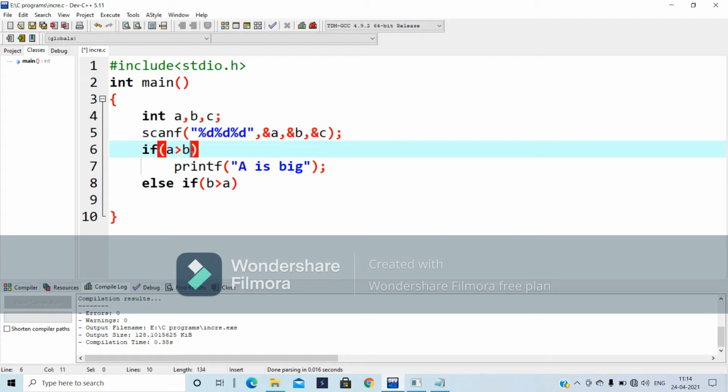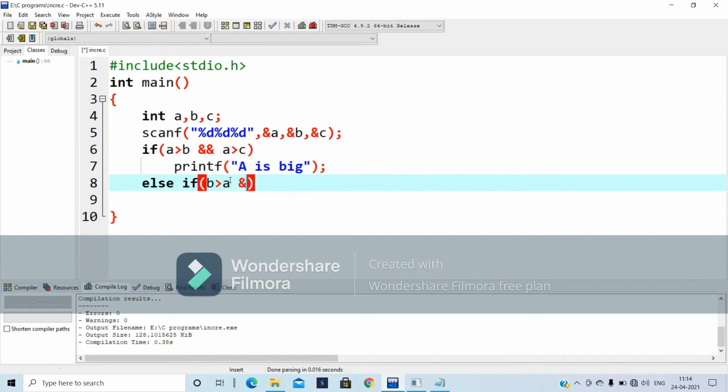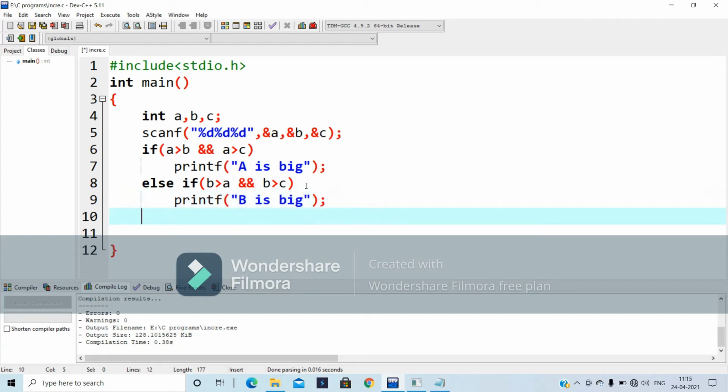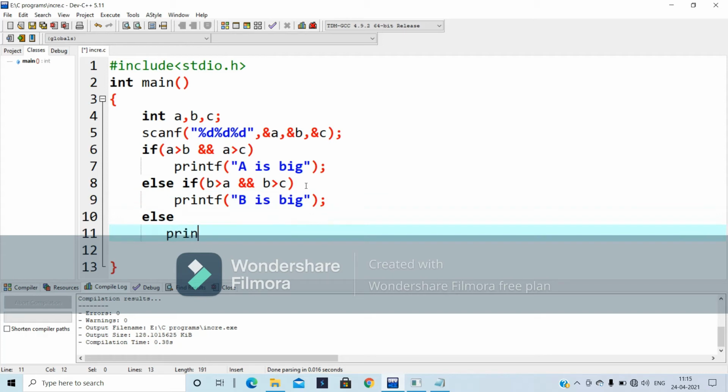If a greater than b, and I'm also using the logical operator, a greater than c, then only a is big. Otherwise, b greater than a and b greater than c, then only printf b is big. Else printf c is big.